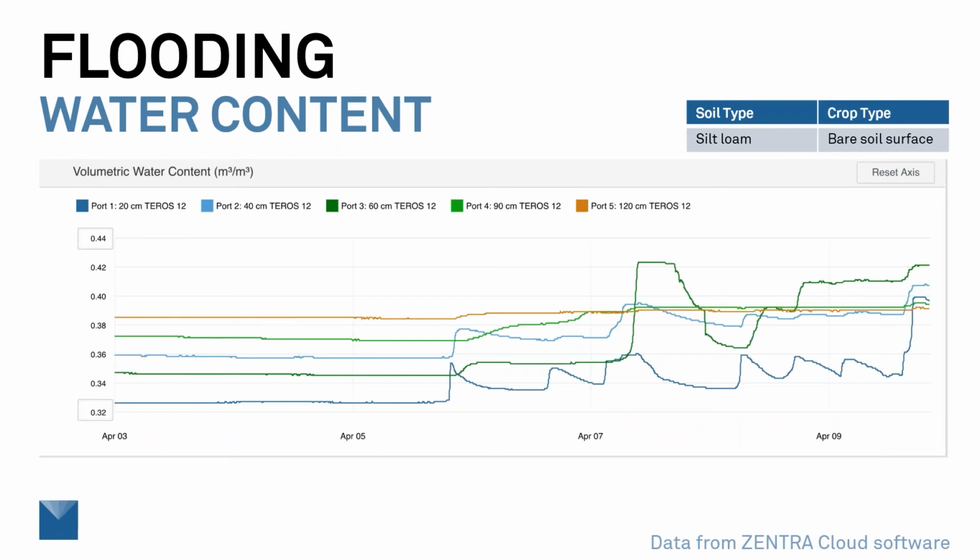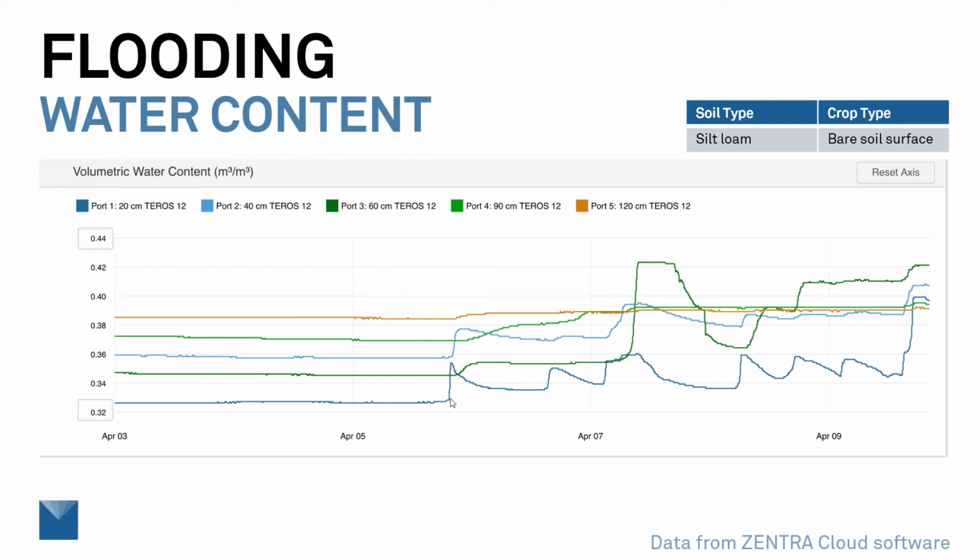Well, here's the volumetric water content over time for 5 sensors buried on a hill slope not far from where the Missouri Flat Creek runs. On the y-axis here is the water content, and notice the range is not very large, 32% up to 44%. And the water content at 20, 40, 60, 90 centimeters, and then one buried all the way down at 120 centimeters. And what we're looking at is just the change in this water content over time. And in those initial precipitation events, we didn't see much going on.